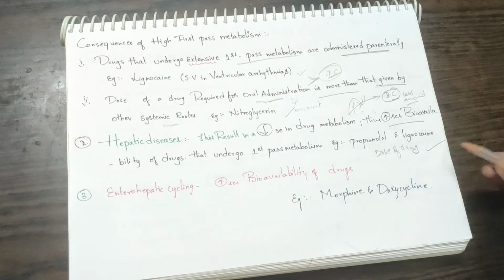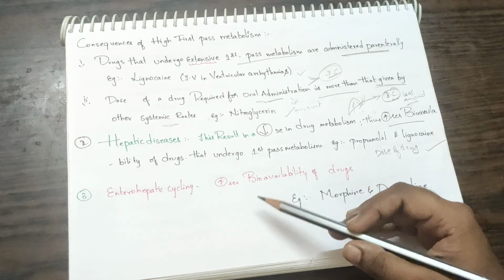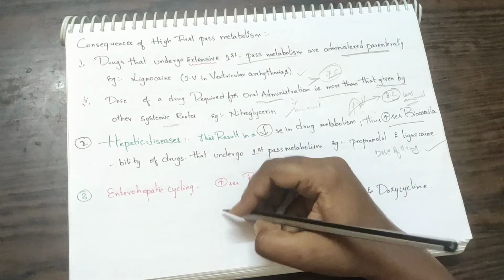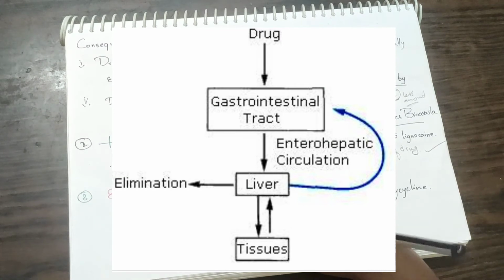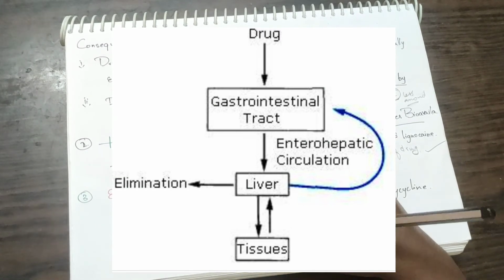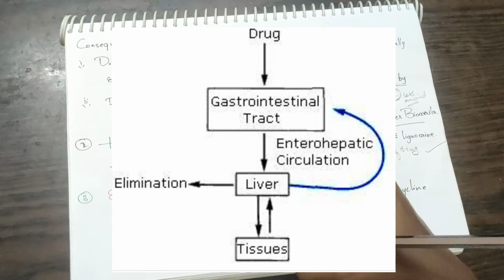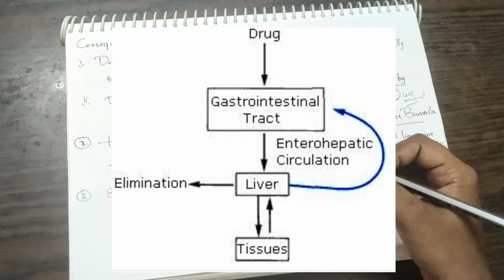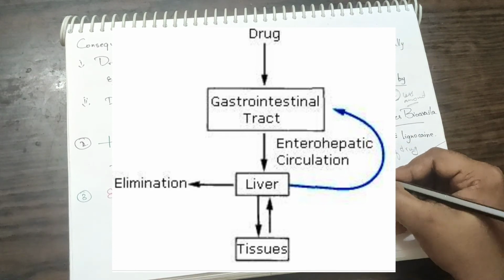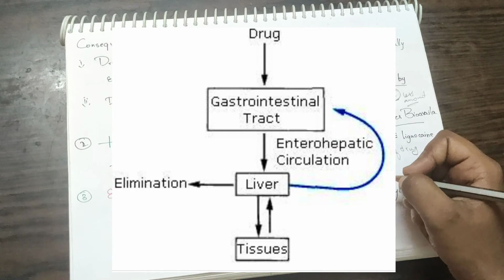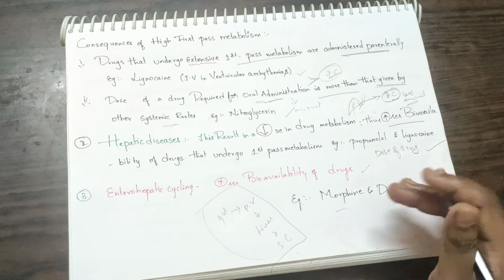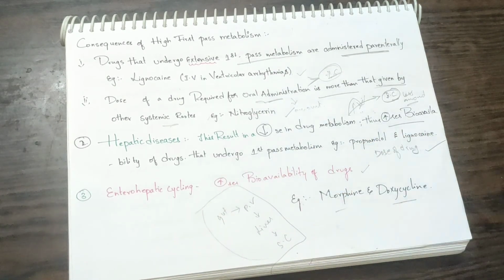Examples are propranolol and lignocaine. And enterohepatic cycling is the process from the gut wall, portal vein, liver and systemic circulation. This is called enterohepatic cycling. It increases the bioavailability of drugs, for example morphine and doxycycline. In these drugs, this cycling increases the bioavailability. So this is all about